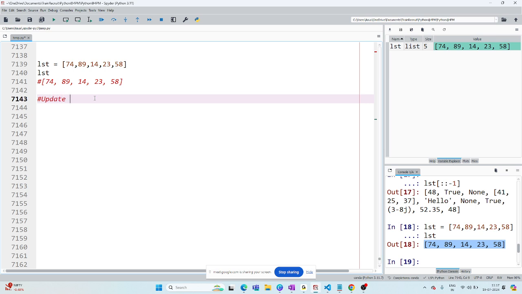My question is: update 14 to 41. Now tell me how to do it. See, to update, first we need to access it. So how to access?